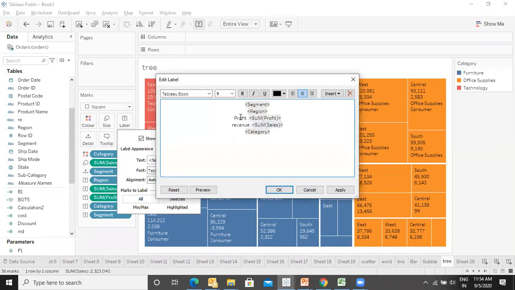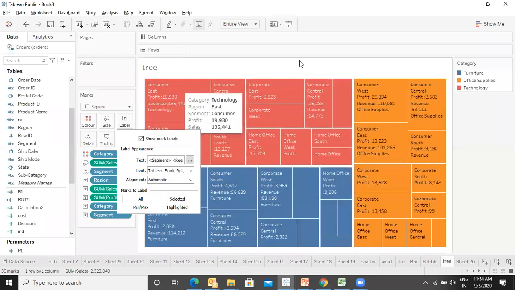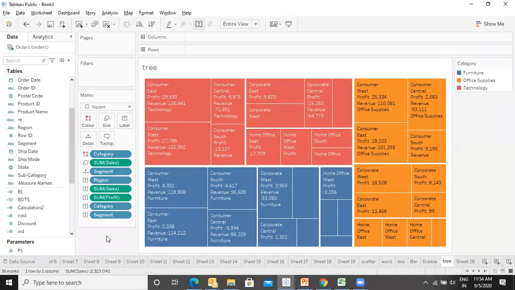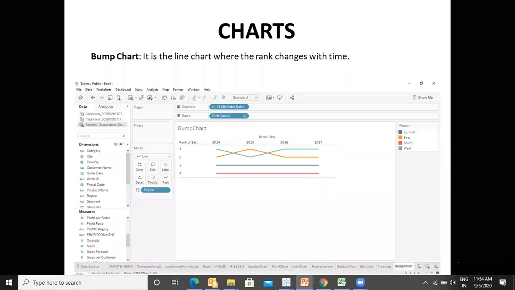I already told you this thing. So if you want to manipulate that, you can definitely manipulate it. Any changes, font and everything can be changed over here. Clear? Yes. Then the bump chart, again, I'm keeping it for tomorrow. Please do remind me what all we have skipped. We have skipped the reference line and the bump chart.